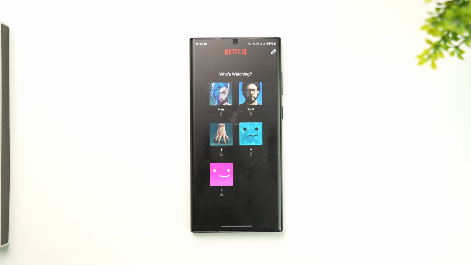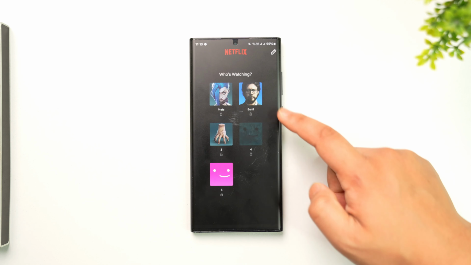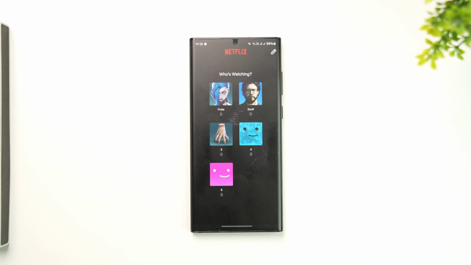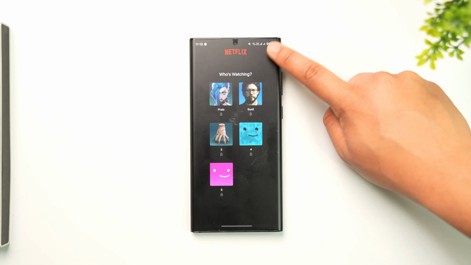And let's say that you want to delete a particular profile, but when you tap on it, it only asks you to enter the PIN. That's because this is not the way to delete the profile. To delete the profile, tap on the pencil-like editing icon, which you can see from the very top right-hand side,